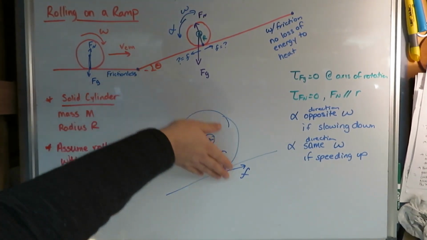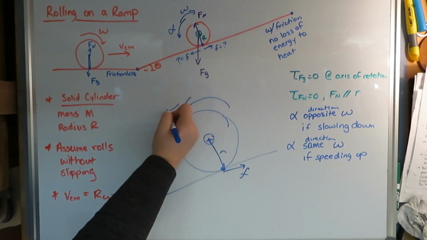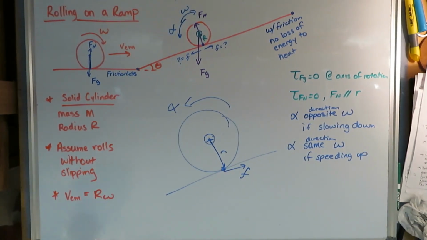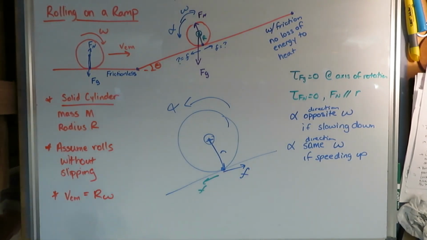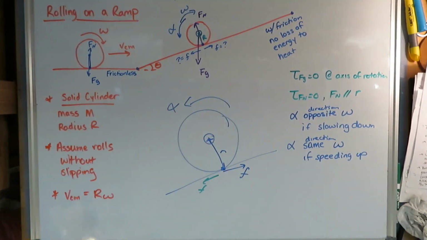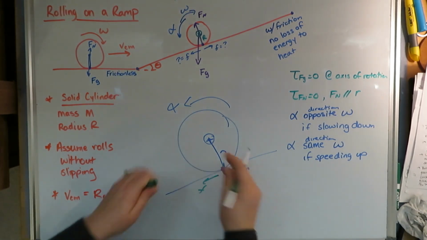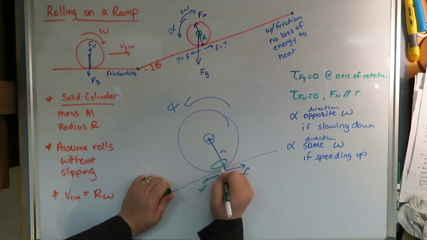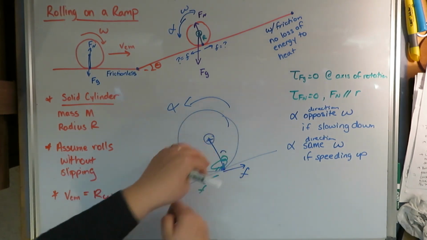If I do my fingers like that, rotate my palm, curl my fingers, that gives me the angular acceleration that I need. If it were pointing down the ramp, then my angular acceleration would be pointing the opposite direction, and that would mean I was speeding up the ramp. And it is actually possible for that to happen. If there was a little hamster inside of this ball, and that little hamster was running inside of that ball,